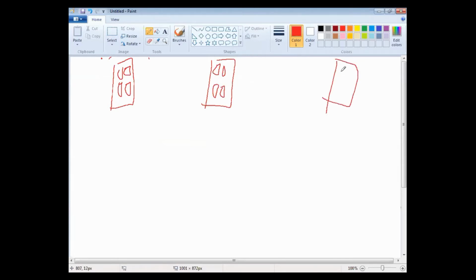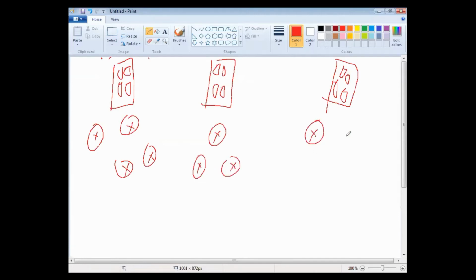We have these three buildings, different offices of our organization, and every building has some routers, some set of routers interconnected.